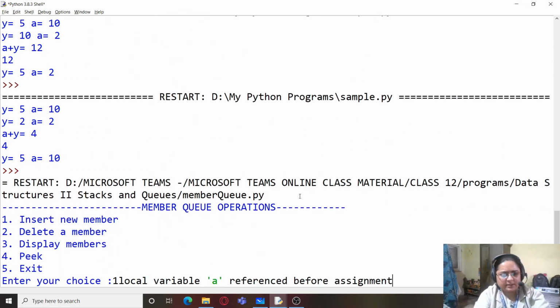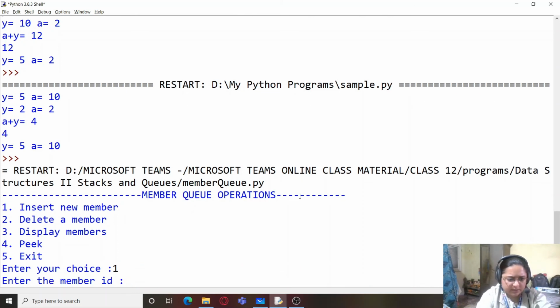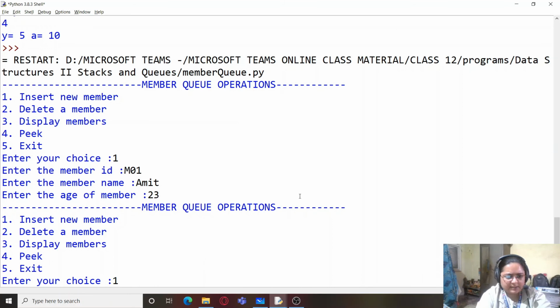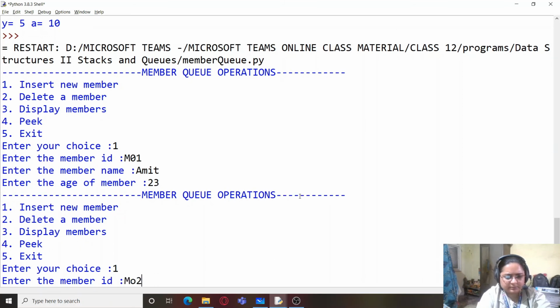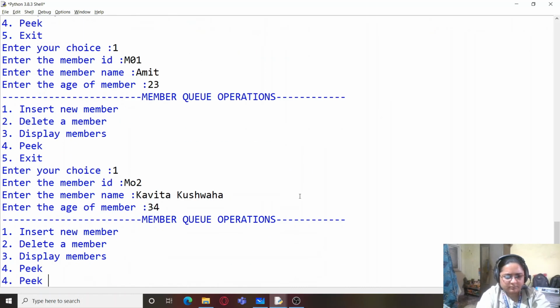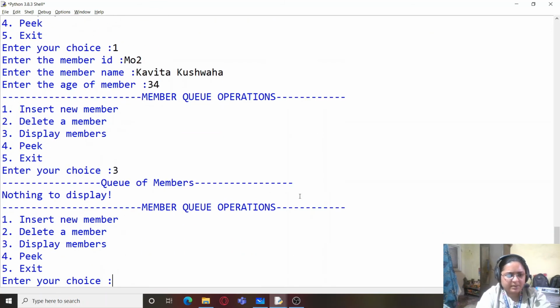So first insert a new member. So let me first write here insert member ID M01. Okay, insert a new member. Let's display the members.